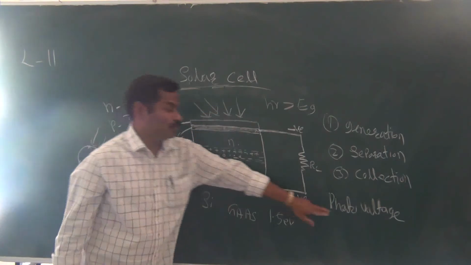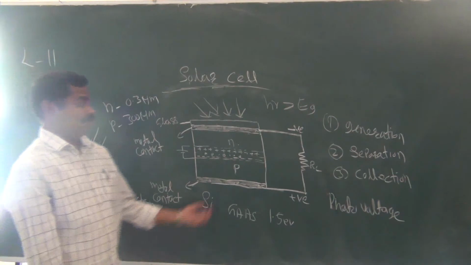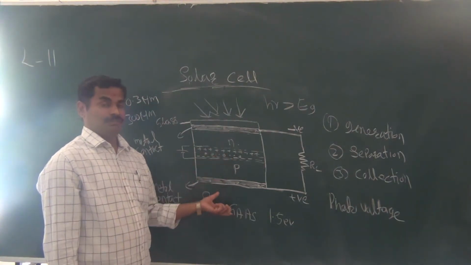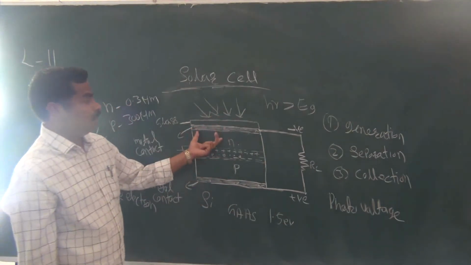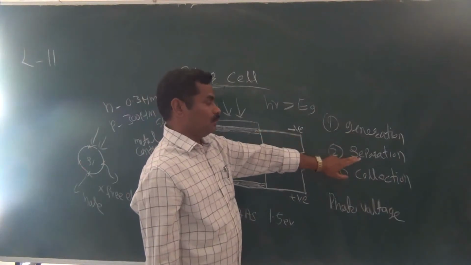That is about the photo voltage. Once again I repeat, a very simple but important thing: you are not applying any biasing. Keep it in mind, you are not applying any biasing. And the important thing, whenever you are studying the working of a solar cell, it works by three processes: generation, separation and